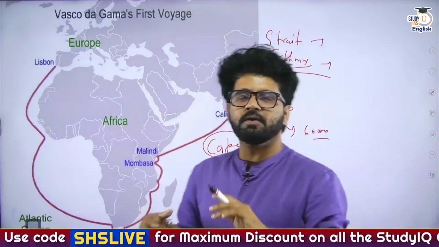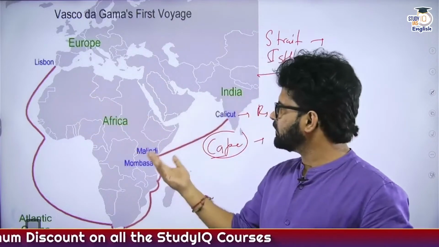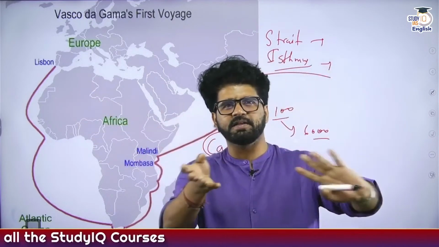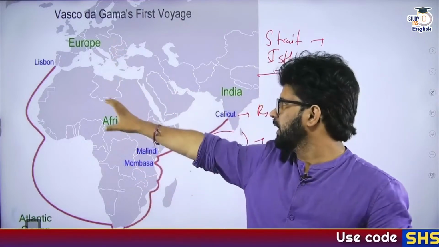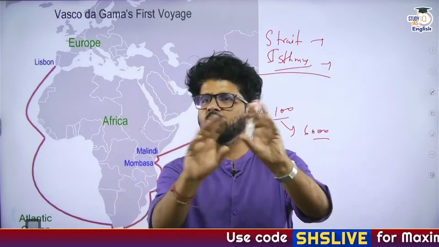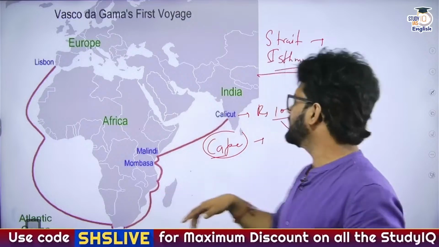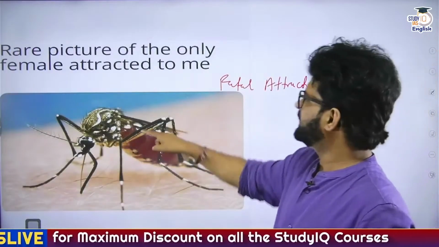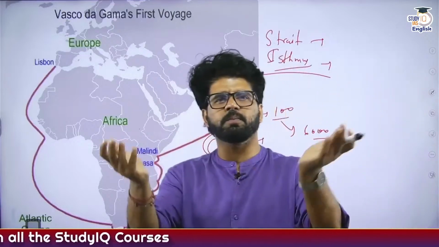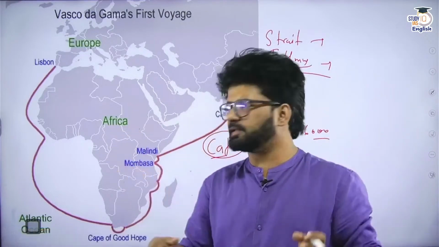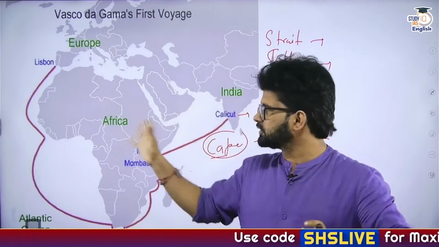Later on, when you will read Scramble for Africa, world history, you will realize why Africa was colonized so late. We talk about 1870 to 1914, around that period, Scramble for Africa happened. European powers divided African places or countries among them. Why did it happen so late? One reason is that particular female. That fatal attraction. At that time, in Africa, there were so many female Anopheles mosquitoes, so many malaria cases, there was no cure for malaria. Quinine was discovered later on. So this was one reason.